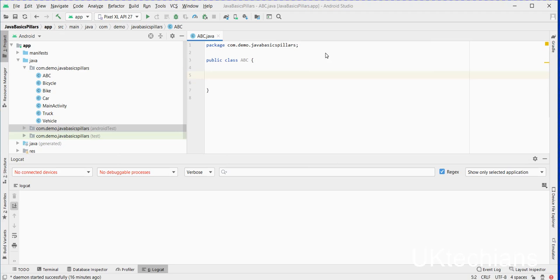In my previous tutorial, I discussed inheritance and abstraction. Today we will discuss encapsulation and polymorphism. So let's start with